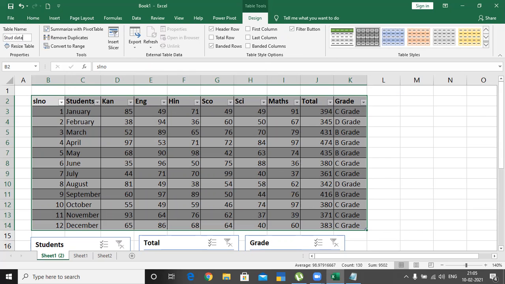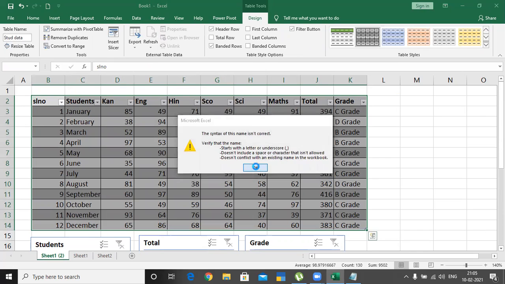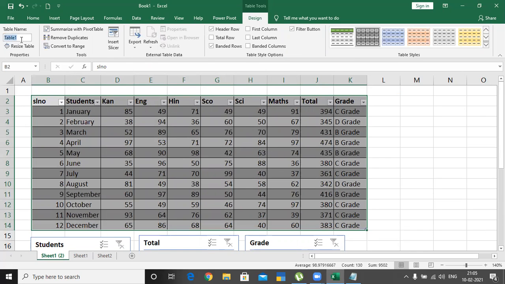We should not give space. Student underscore data. Press enter key. So now what happened? It's accepted. The table name is accepted.